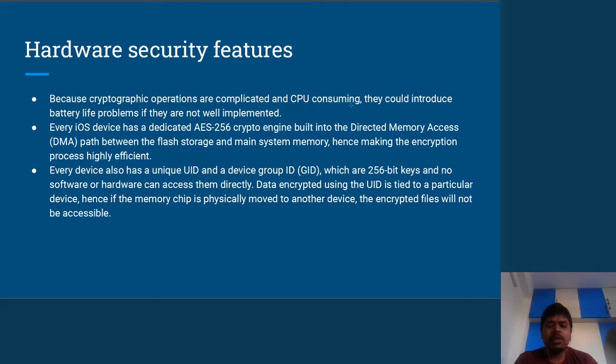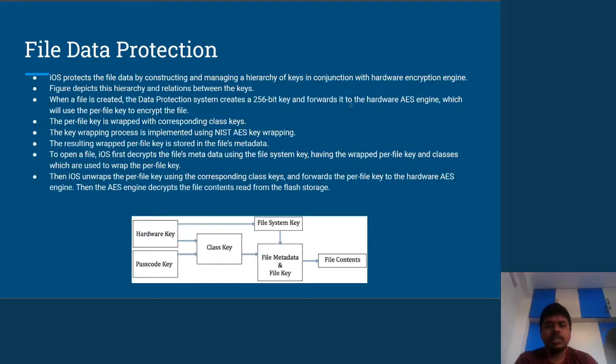Data encrypted using this UID is tied to a particular device, and if the chip is moved to another device, it is not accessible. File data protection. iOS protects file data by constructing and managing a hierarchy of keys in the hardware encryption engine, and it can be seen here